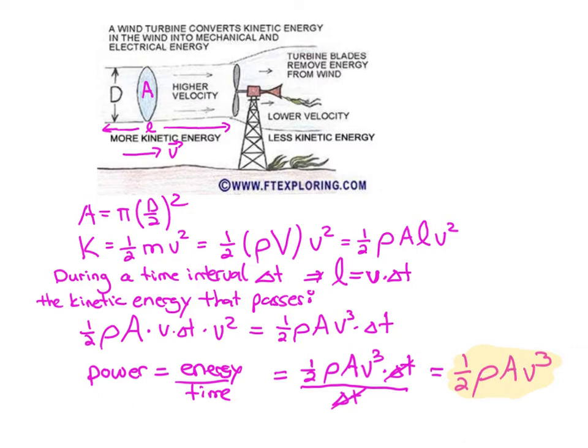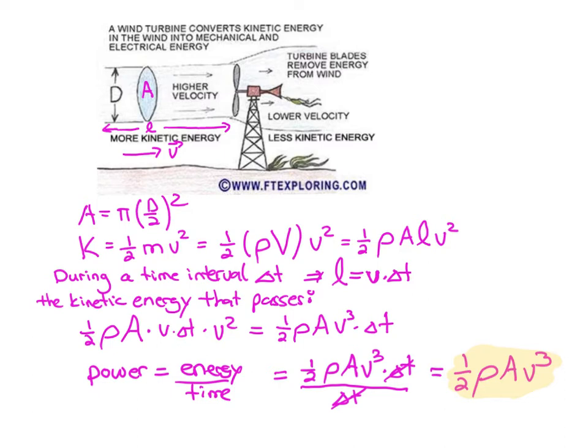So it's going to push us to build turbines that have very big areas and hence very big diameters, because the amount of power that you can get out from a single turbine is just proportional to the diameter squared, to the area. And also, and this is really important, the power is proportional to the wind speed to the third power, the